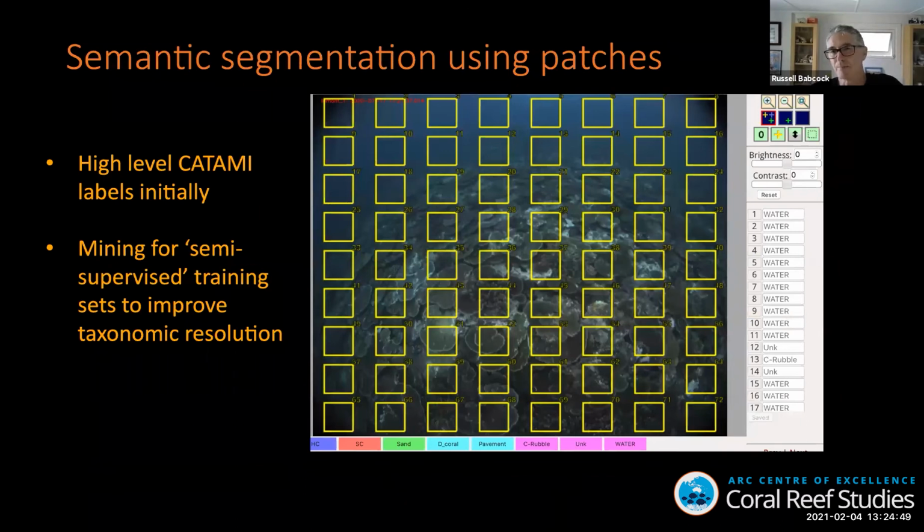Other information that can come from the glider data, and this is really important, is information on coral cover or the benthic community structure on reefs. So, of course, we're not killing crown-of-thorns just for the sake of it. We're trying to control them so that we can protect the corals on the Great Barrier Reef. And in order to do that effectively and to demonstrate that effectiveness, we have to have good data on coral cover and composition. So the glider data obviously presents an opportunity to get a much better picture of coral right around the reef,